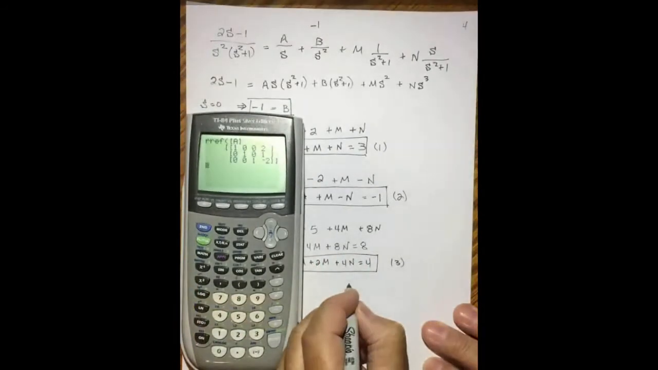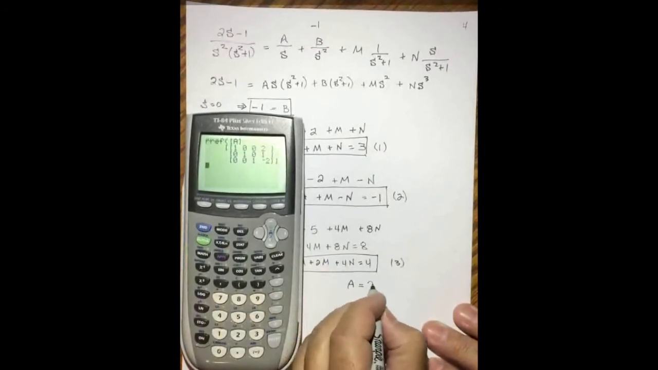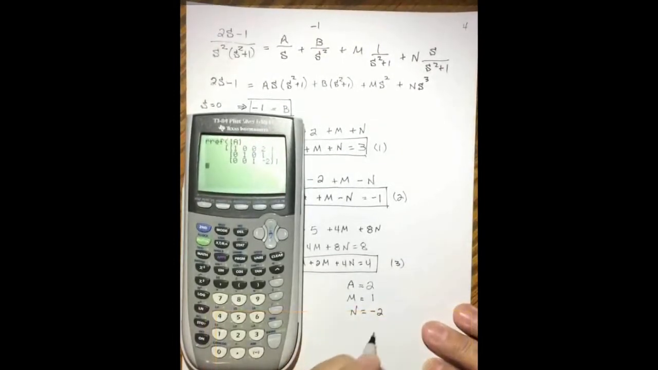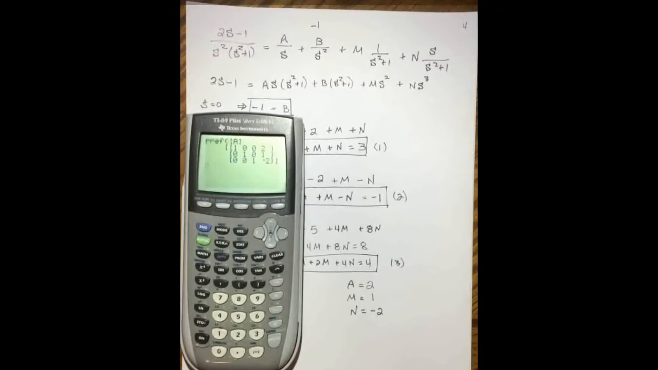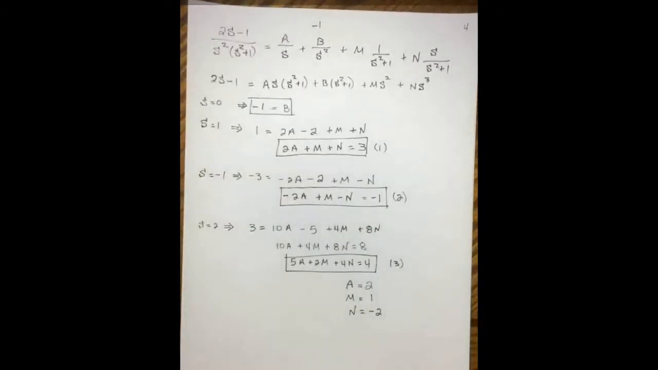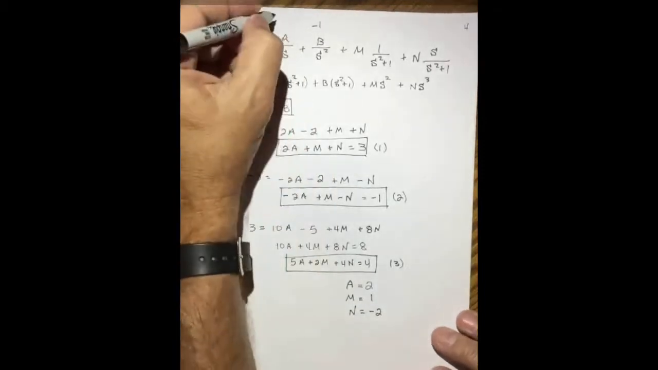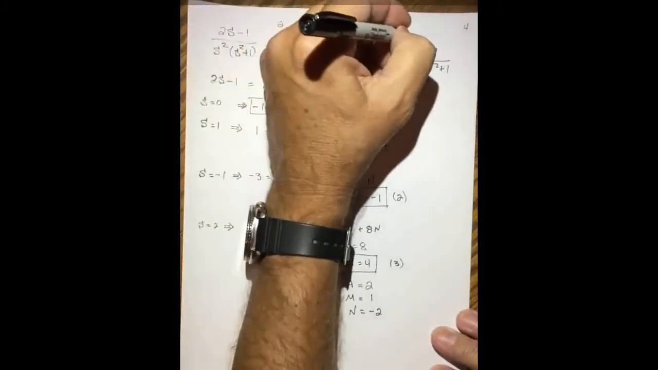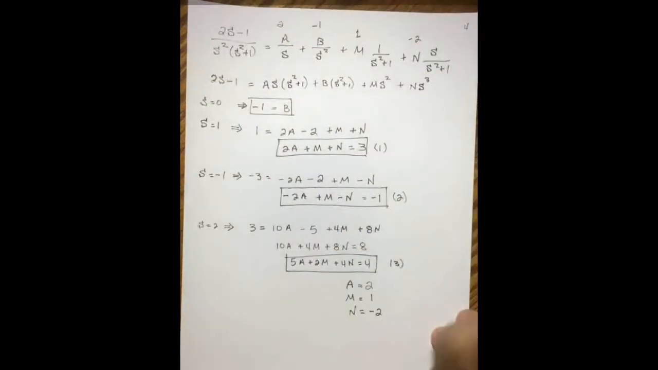So this tells me then that A is equal to 2, M is equal to 1, and N is equal to minus 2. Okay, now make sure you can get that. Okay, then, what do we have? Well, we know that A is 2, M is 1, and N is minus 2. So again in red,